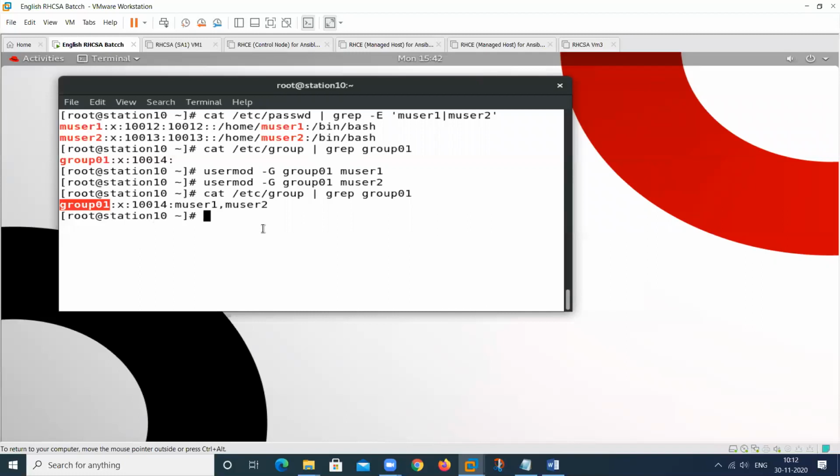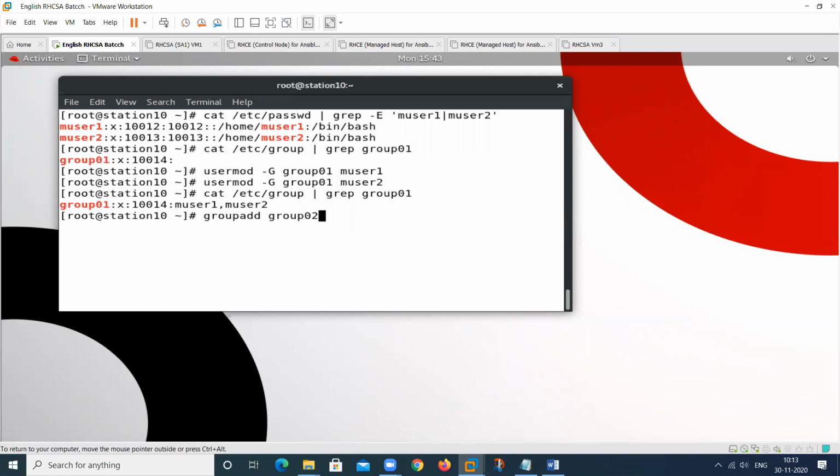I want to add this particular user in another group also. So how can we add? Suppose we have another group. groupadd group02.